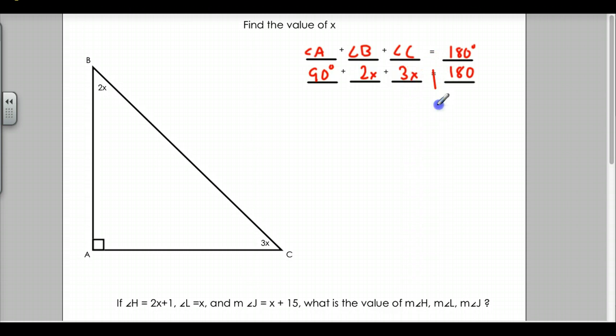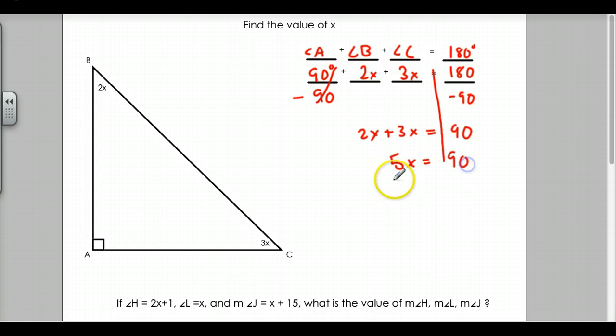What we're going to do is draw a line down the middle, and move numbers to one side and variables to the other. Since I have a number on the variable side, let's subtract 90 from both sides. I get 2x plus 3x is equal to 180 minus 90, which is 90 degrees. I add my x's together because they're on the same side, and I get 5x equals 90. Divide by 5 to solve for x. I get x equals, let's see,